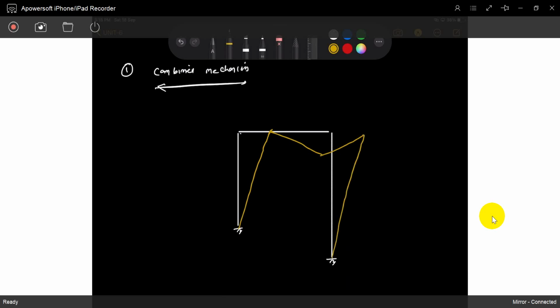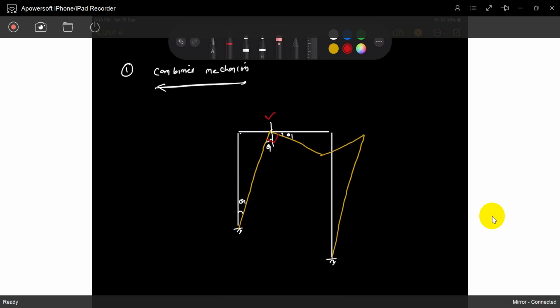It will go like this. Okay, so now you can see the thetas. If you think this is theta 1, then this is also theta 1, and this is also theta 1. How, sir? Because there is no formation of a hinge here, so it should maintain 90 degrees, and that's why the thetas are equal. Okay, theta 1, theta 1, theta 1.